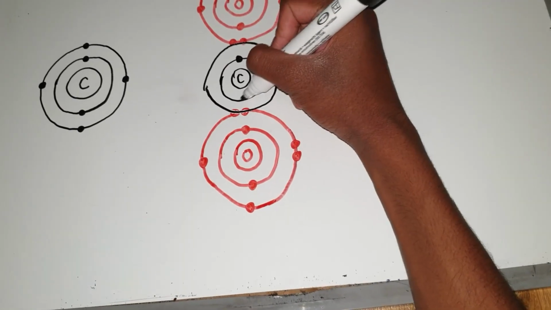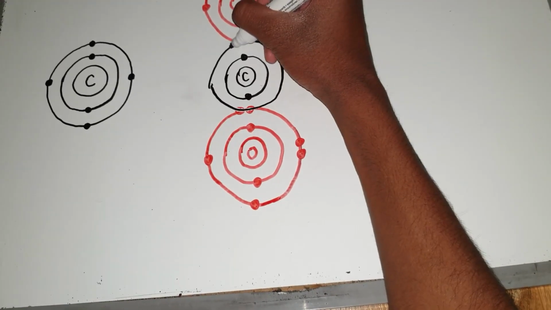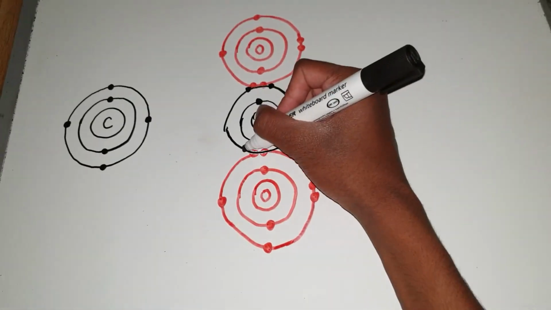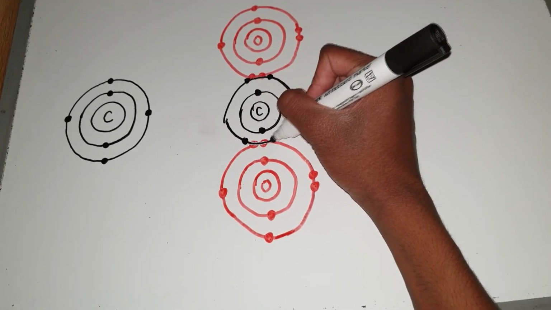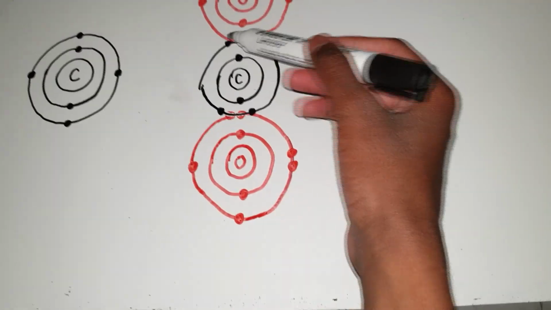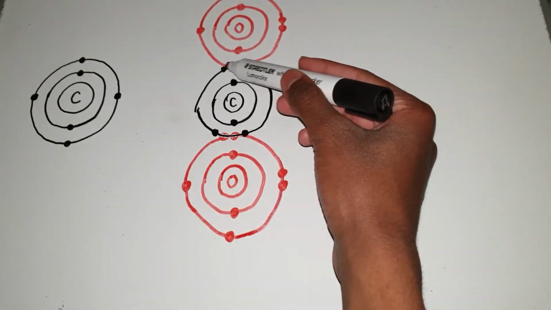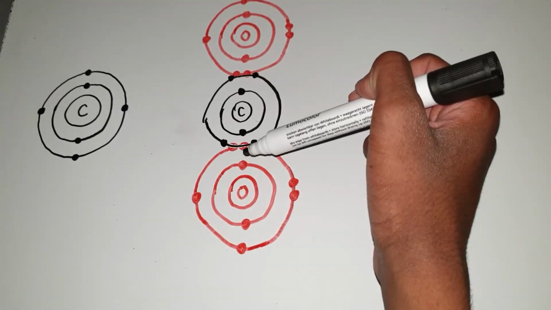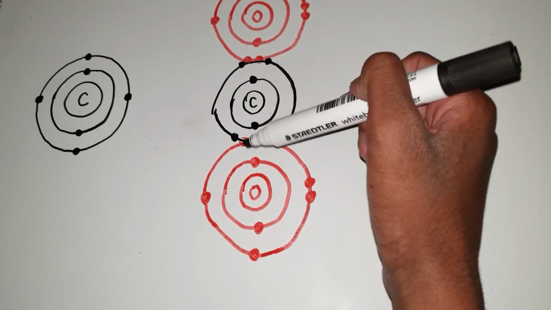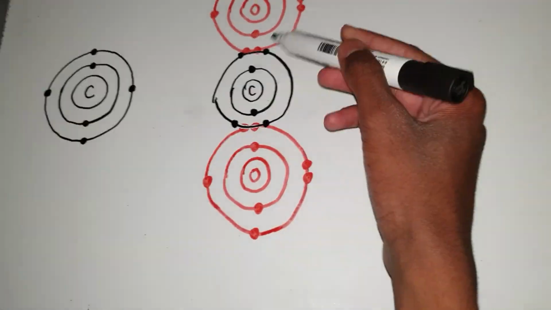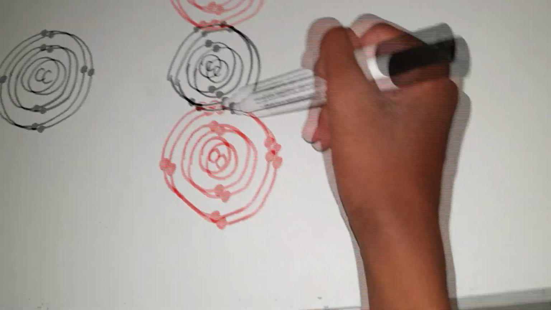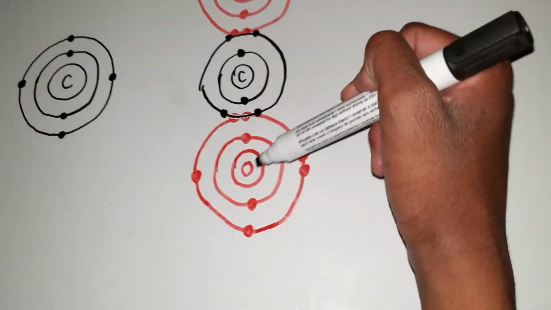So here we have carbon. It's going to share two of its electrons with this oxygen and the other two electrons with this oxygen. So here we can see that carbon is sharing its electrons, and it's also receiving two electrons from this oxygen and two from this one. So carbon has actually fulfilled its octet: 1, 2, 3, 4, 5, 6, 7, 8 in the last shell,